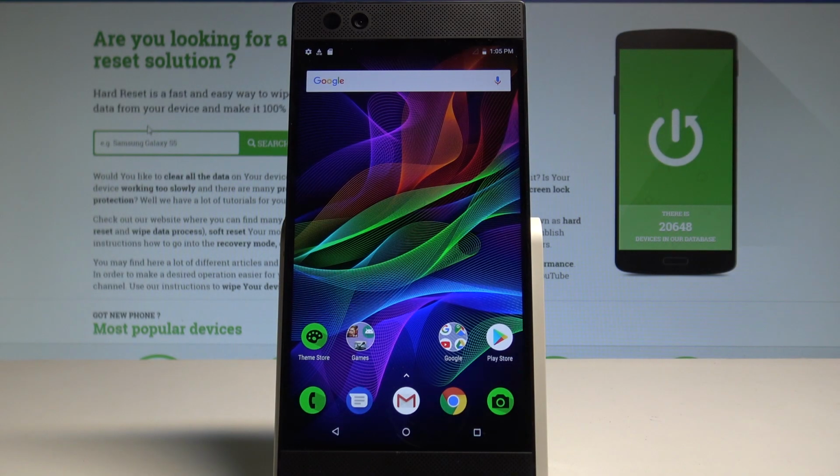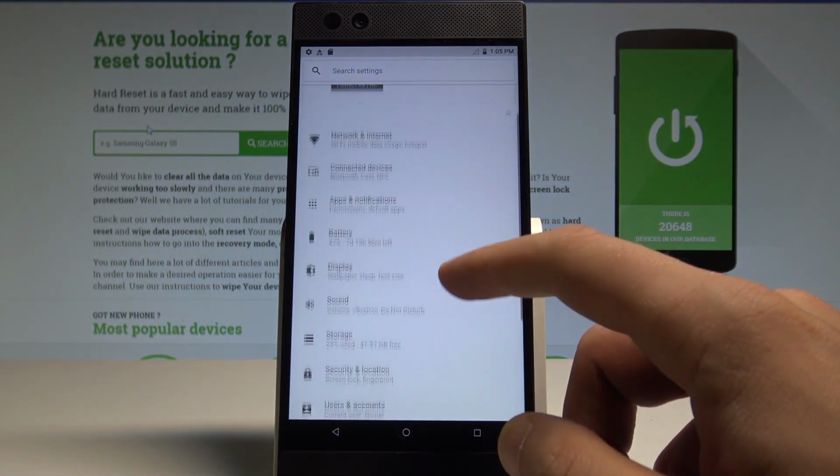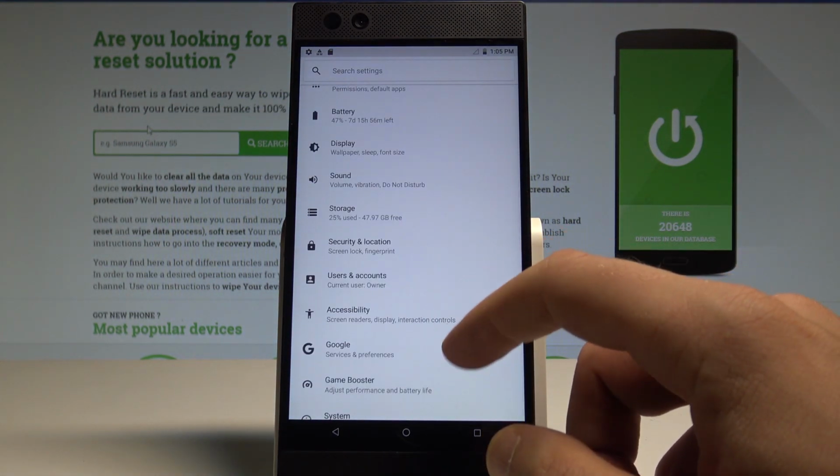Here I have RAZER Phone, and let me show you how to change the wallpaper on the following device. So at the very beginning, let's start by using your home screen. Let's open the list of all applications, choose settings right here, then scroll down in order to find and select